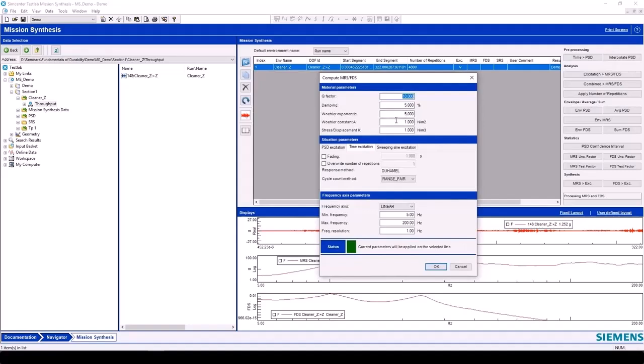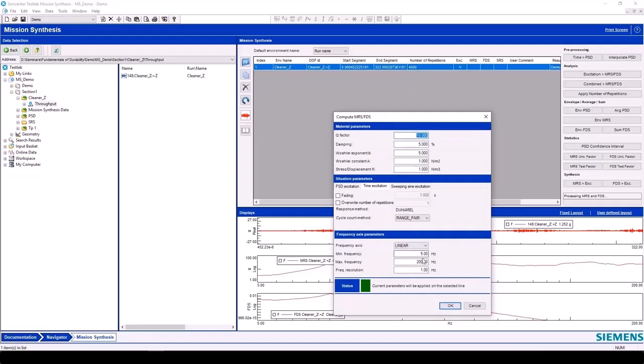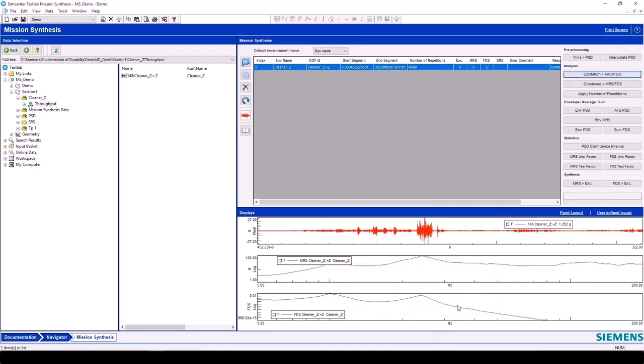I'm not going to worry about trying to get to this actual stress because it's relative. I've got time excitation and I've got 4,800 repetitions. This is pretty mathematically intensive, so that I calculate fast, I'm only going to go 5 to 200 hertz. The convolution integral took more time if I go out to 2000.